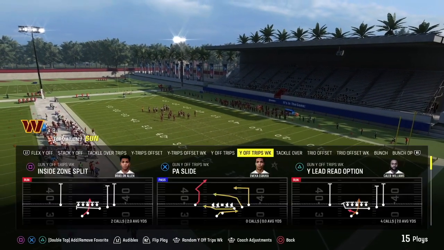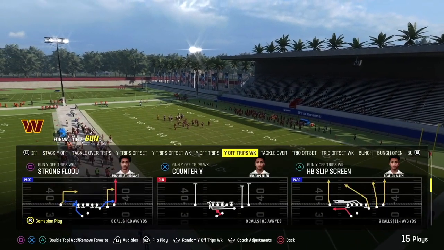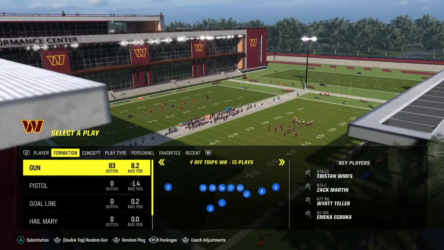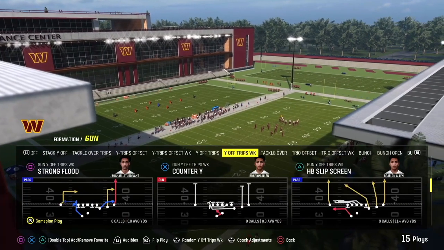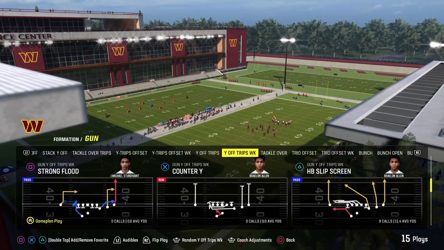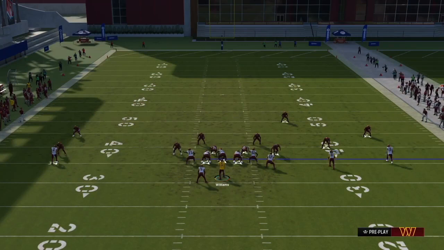Let's find just a running back screen. This is one of my favorite ones. It is in Y off trips week. So we're looking for the running back screen, halfback slip screen. We'll just run it against any defense. Now,